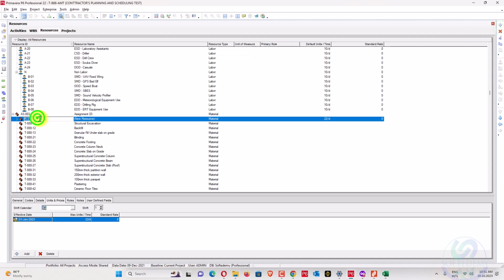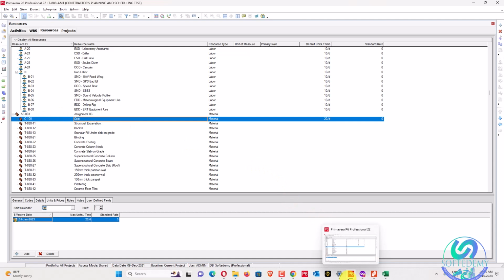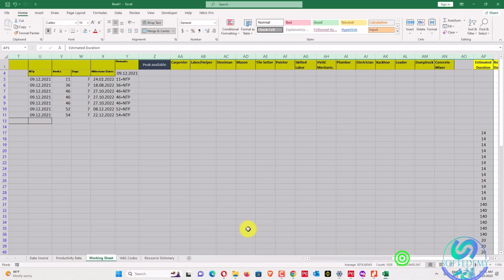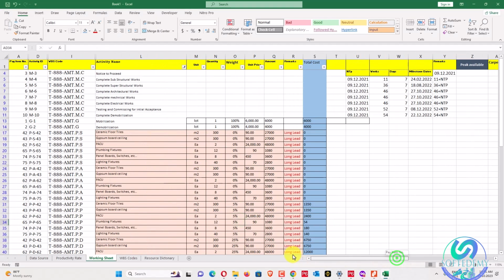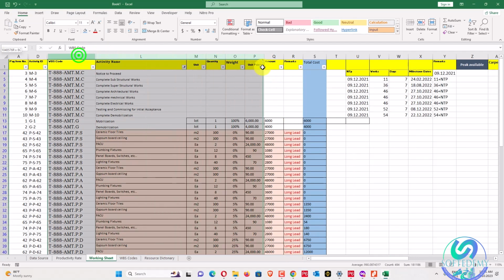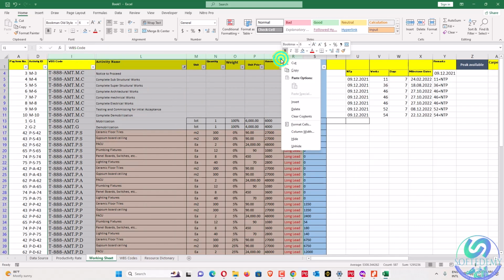We can say C100 as cost. Okay, so what we required for that one: we have activity IDs here, and we have a cost here. Where is the cost? This one is the cost.